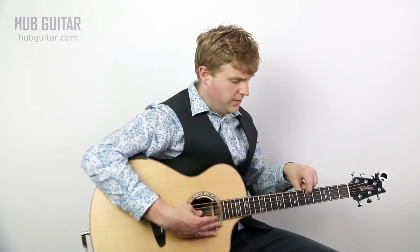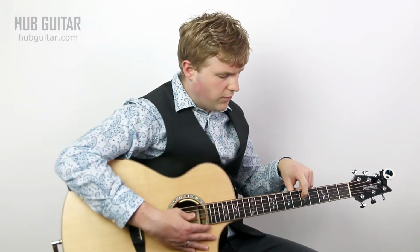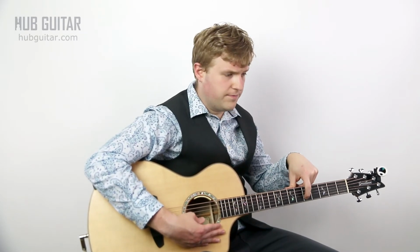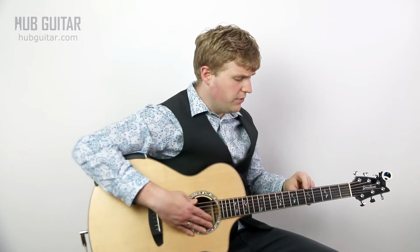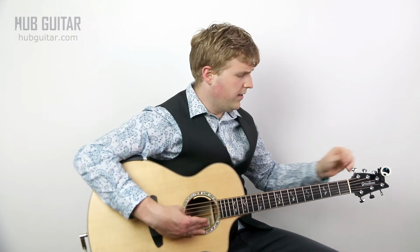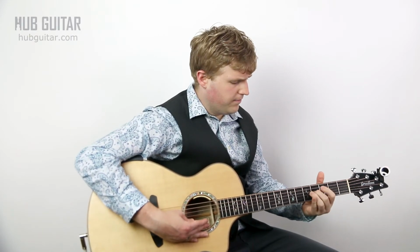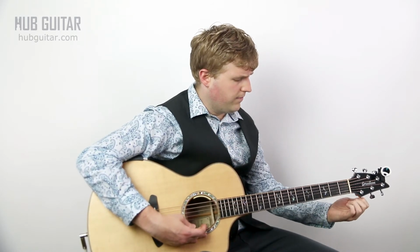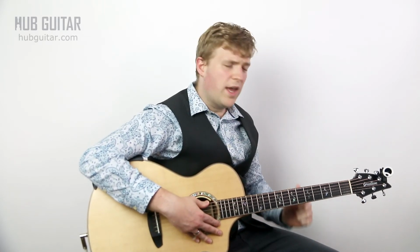5th fret of the 5th string is the same as the open 4th string. 5th fret of the 4th string is the same as the open 3rd string. And then it's the 4th fret of the 3rd string that matches the open 2nd string. And then back to the 5th fret. So if I try to go through there and tune that by ear, I might be able to get it to sound okay, but I might not have it perfect,